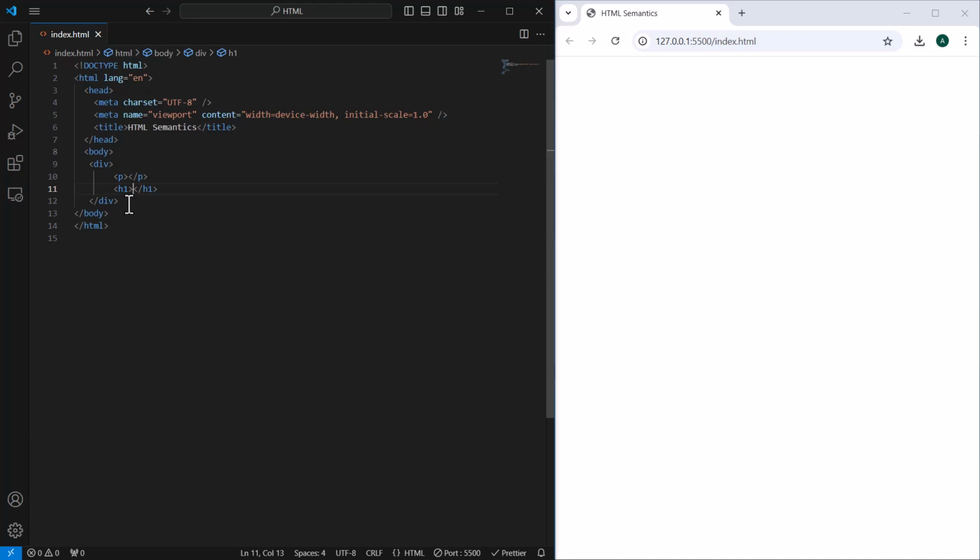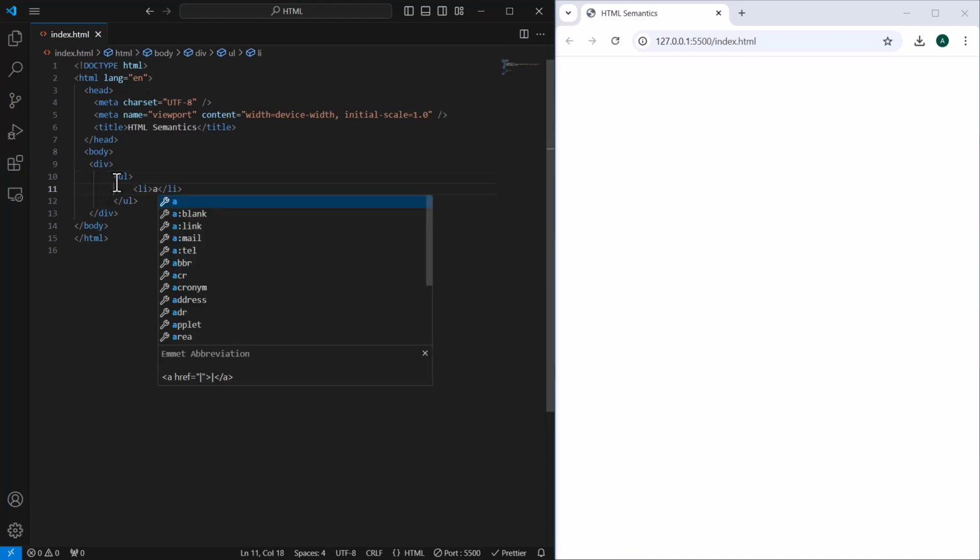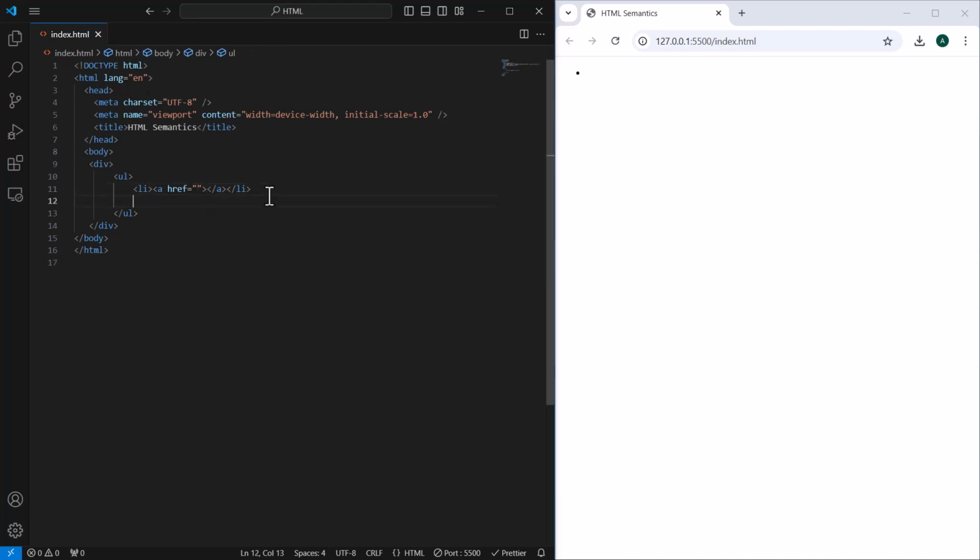So if I want to create a header, for example, like in the navigation menu, I can as well use this div to group them, like create a list, another list, then put a list, then an anchor tag. So I can as well use this as my container of the header. But HTML semantic is talking about using elements that have meaningful names, because this div is more like a generic name. So instead of using div, we'll be using something like